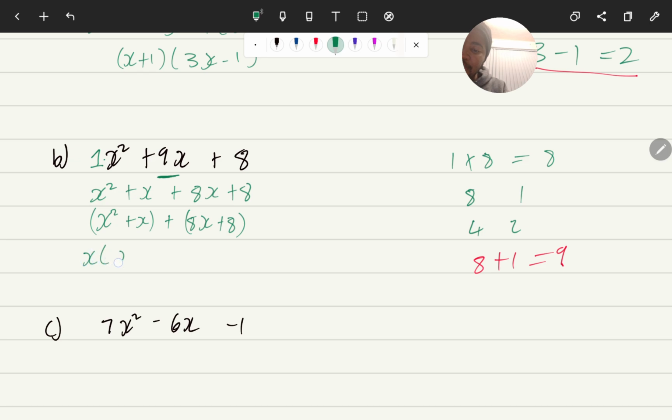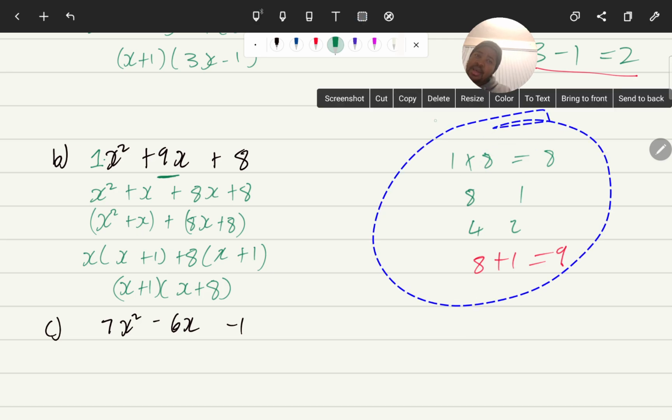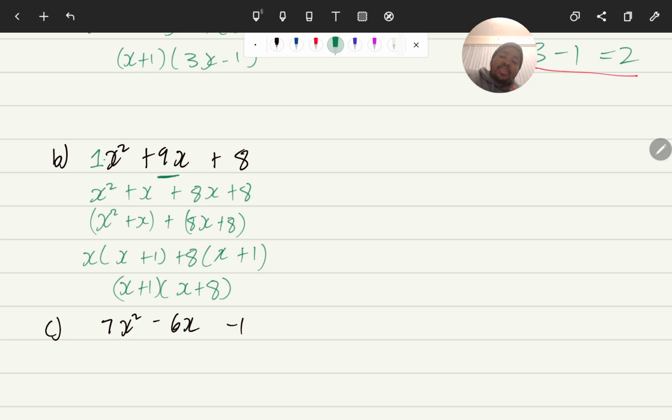Common factors, x plus 8, and you are done, right? So with that being said, whenever your coefficient of x squared is 1,